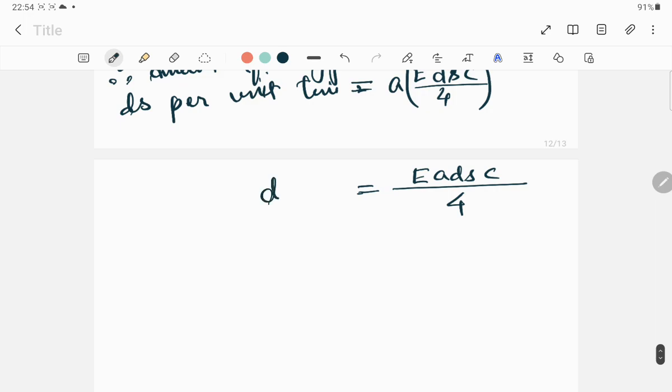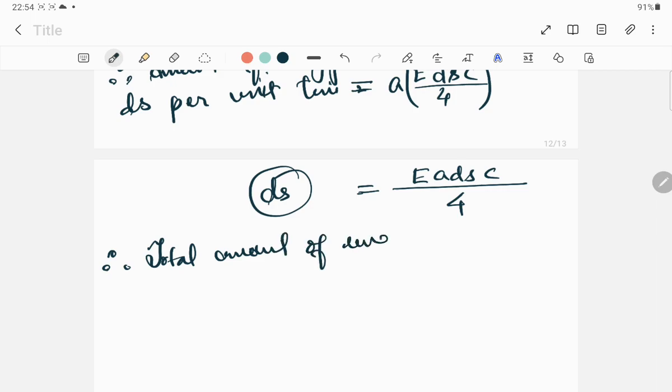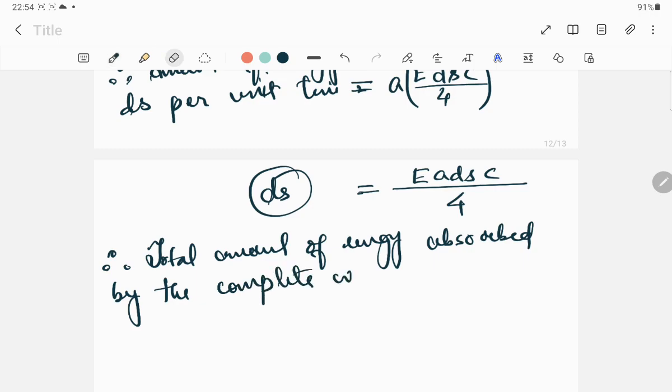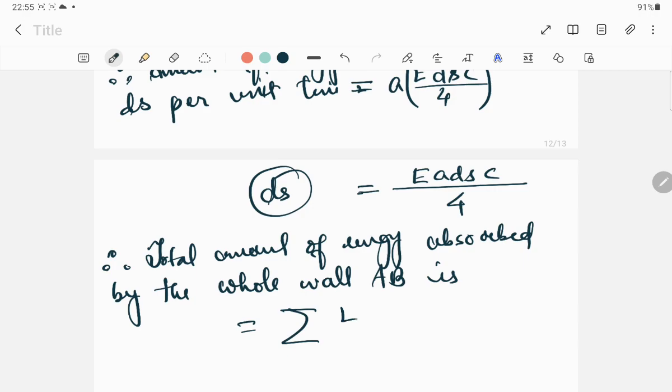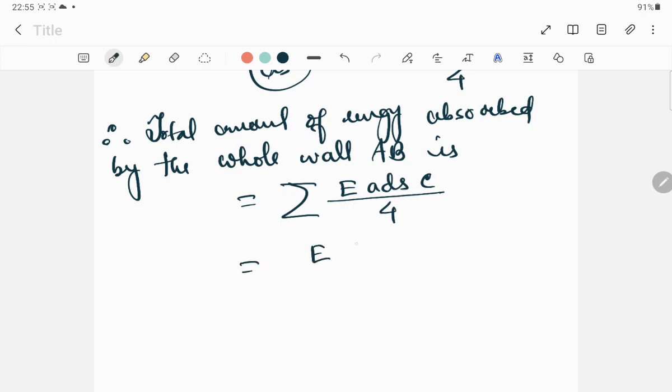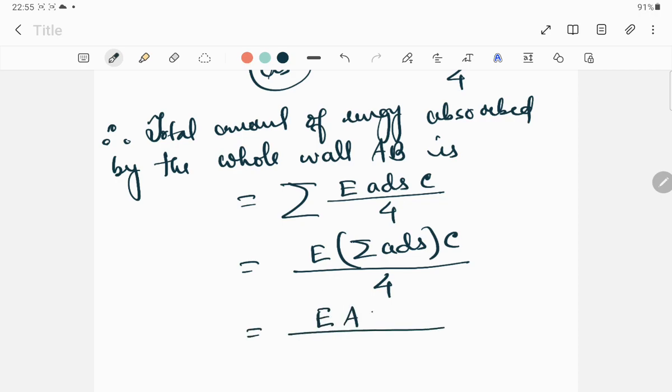Therefore, but we are talking only about the small area ds. So if I ask how much is the energy absorbed by the whole wall, so total amount of energy absorbed by the complete, or I can say whole wall AB is summation E A dsc by 4, which is equal to E summation A into dsc by 4, or it is called E A C by 4,